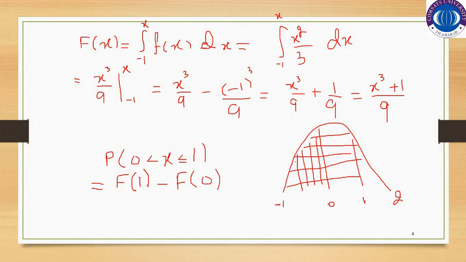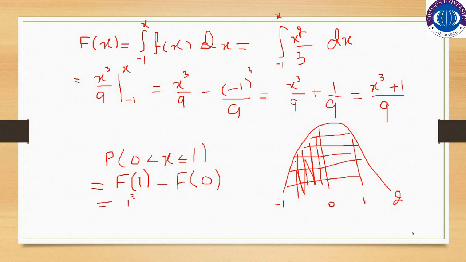अब जब आप कहते हैं f ऑफ 1, इसका मतलब है -1 से 1 तक की प्रोबेबिलिटी, और जब आप कहते हैं f ऑफ 0, इट्स मीन -1 से 0 तक की प्रोबेबिलिटी। आपने -1 से 1 तक की प्रोबेबिलिटी में से -1 से 0 तक की प्रोबेबिलिटी को माइनस कर दिया है, तो पीछे आपके पास ये चीज बच गई है जो कि है प्रोबेबिलिटी बिटवीन 0 एंड 1। अब यहाँ पे आपके पास क्यूमुलेटिव डिस्ट्रीब्यूशन फंक्शन क्या हेल्प आउट करेगा, वो आपने ऑलरेडी कैलकुलेट किया हुआ है। सिंपली आप f ऑफ 1 कैलकुलेट करें, यानी कि आपने इनपुट देनी है, x की जगह वैल्यू सब्स्टिट्यूट करनी है 1, तो ये क्या आ जाएगा आपके पास